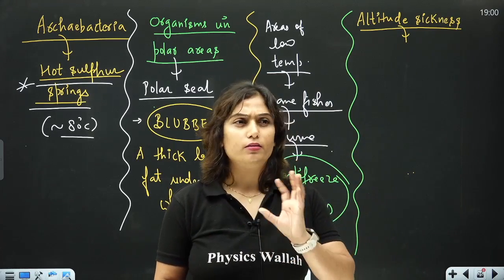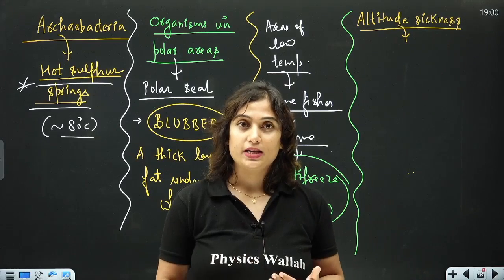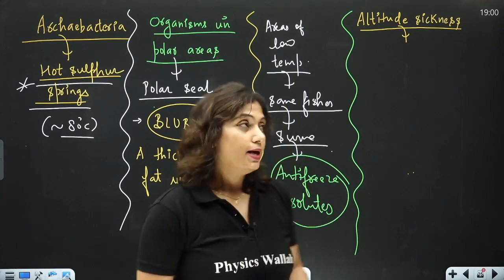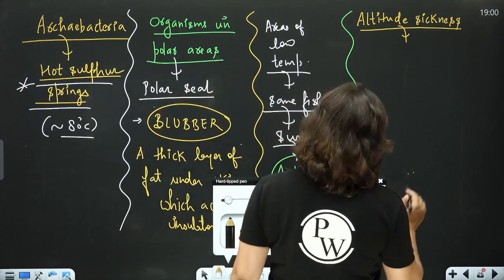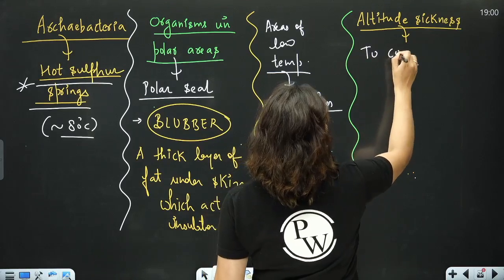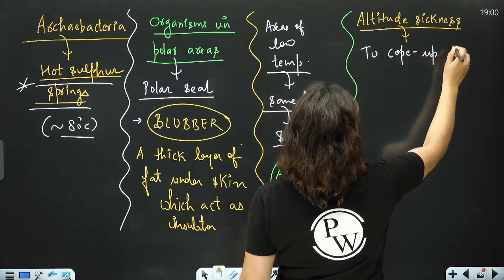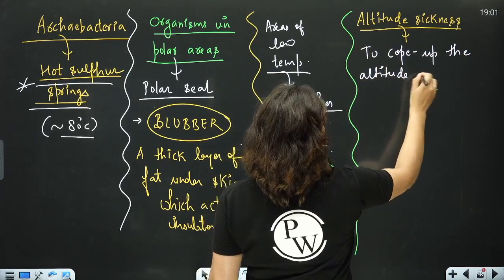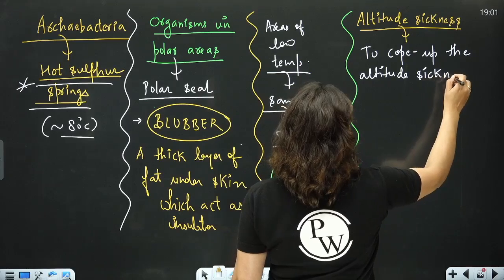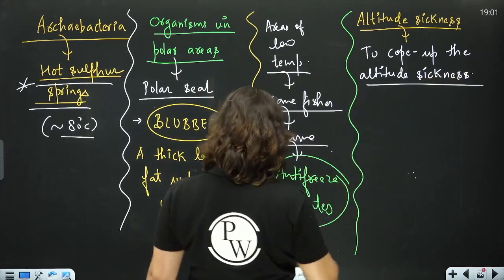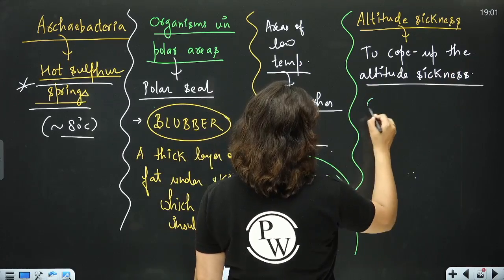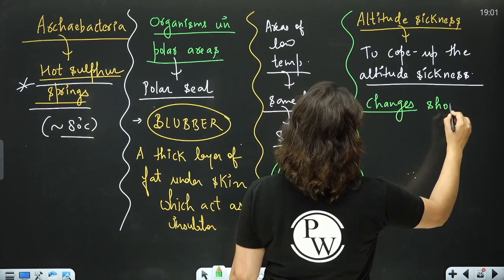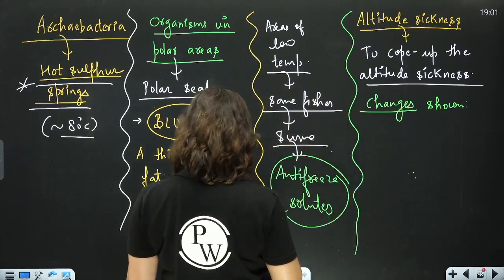But in a day or two, they acclimatize; they change according to the external environment to cope up. How? To cope with altitude sickness, the changes shown by the organism to adjust are: